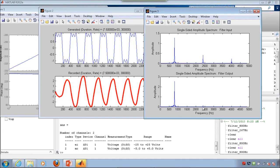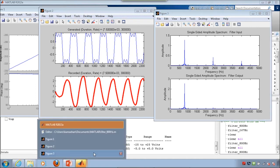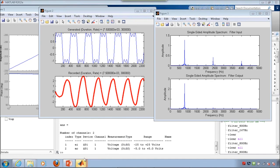And you can see that the peak on the signal is right at 800 hertz. You also will notice that there's a small peak at the 2.4 kilohertz, and that's because the roll-off on this particular op-amp filter is not strong enough to completely remove the third harmonic from the signal, which is why, back to our second figure, the sinusoid's not quite a perfect sinusoidal signal, because we've got the third harmonic component in there. To hammer that in to the students, what we do is